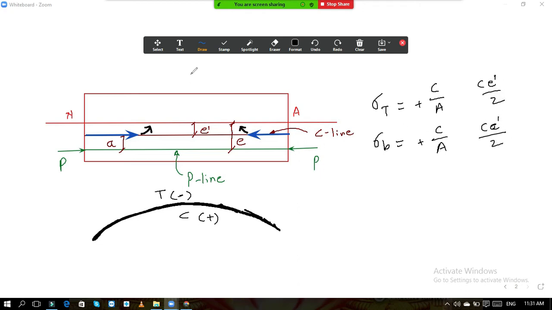Now the profile you can see, this is the hogging profile. Tension is at top, so at top it is minus, at bottom it is plus. In this way we are now going to find out the forces produced in the beam, that is the resultant stresses at top and bottom, by using the strength concept. For the strength concept, I will take one example so that we can solve it.